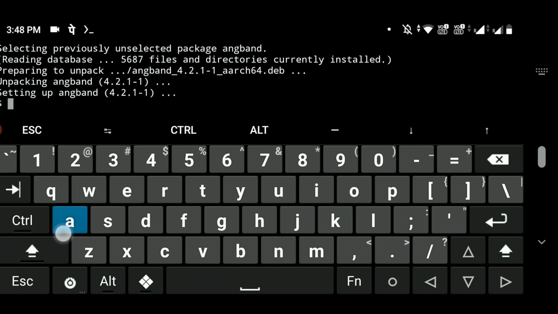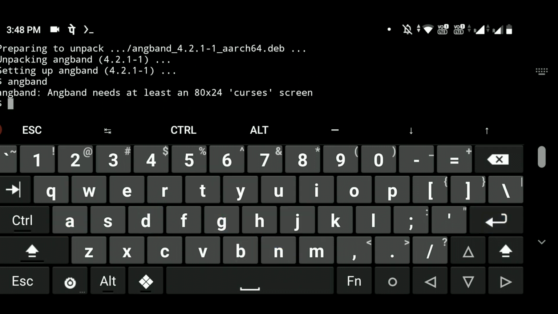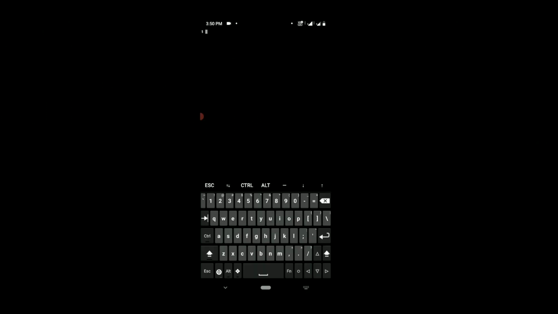Now to run this, simply type the name of the game, that is angband, and hit enter. Here you can see it's saying that you need at least 80 by 24 screen size. So I turned my phone into portrait mode.